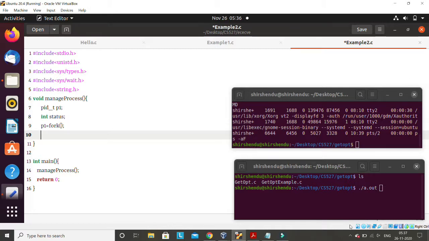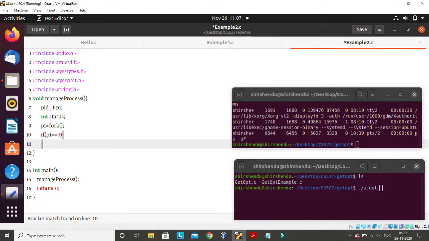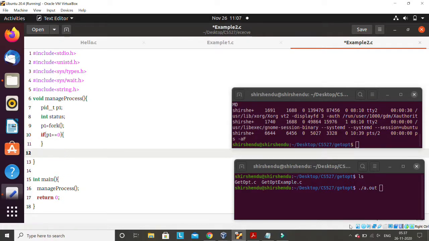So how to distinguish which is child and which is parent? You have to write if p1 equal to 0, which means the part inside this if is only executable by a child. And I want line number 12 not to be executed by the child. Line number 12 should be executed by the parent.